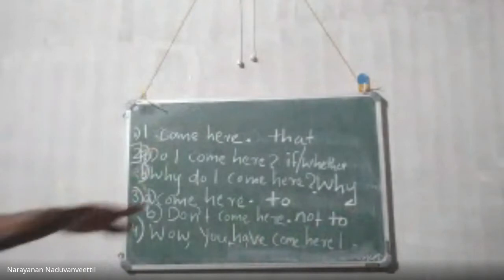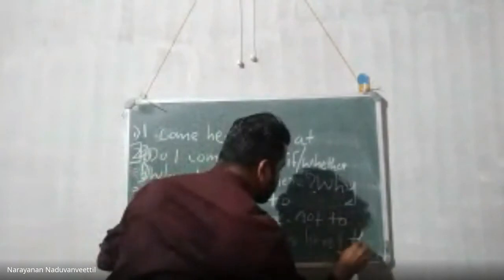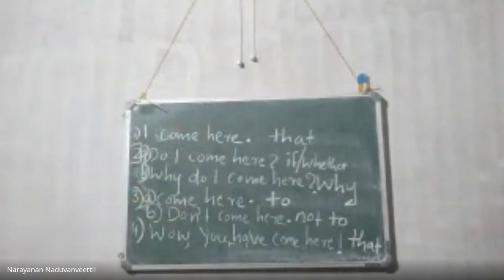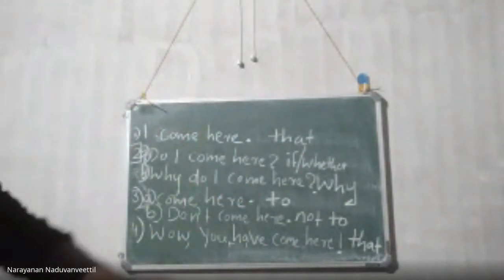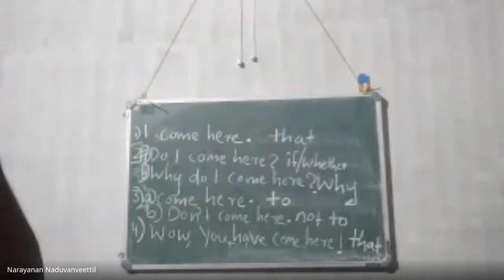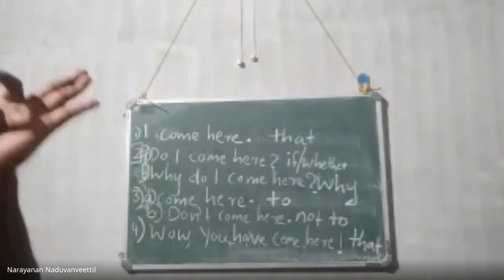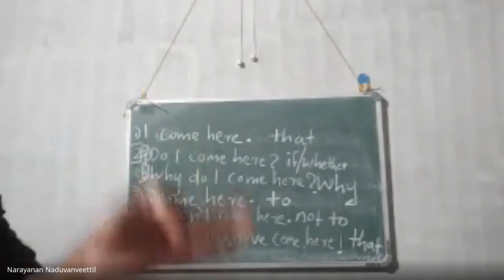Luckily, the last one, exclamatory sentence. What is the connection word there? You know? Rohan exclaimed to Rahul. Here also we have the connection word that. First one and the last one, that means assertive sentence and exclamatory sentence, we have the connection word that. But interrogative, there are two types of interrogative. If it is yes or no interrogative, the connection word must be if or whether. And for WH, the connection word must be the same WH word given in the dialogue.